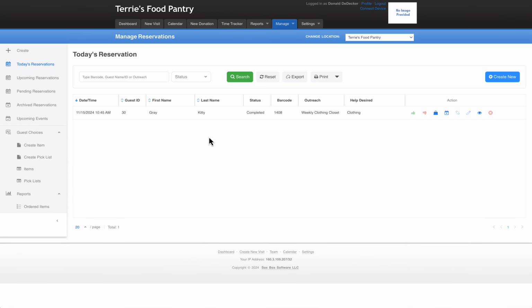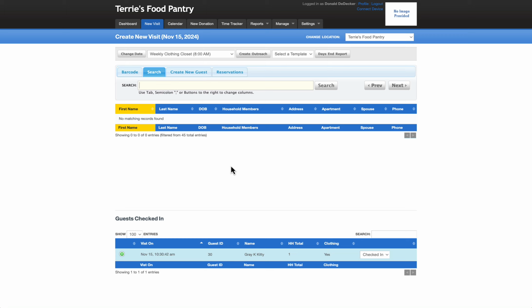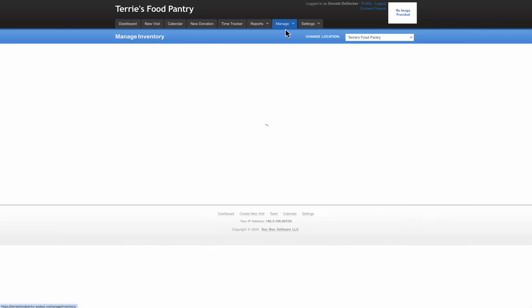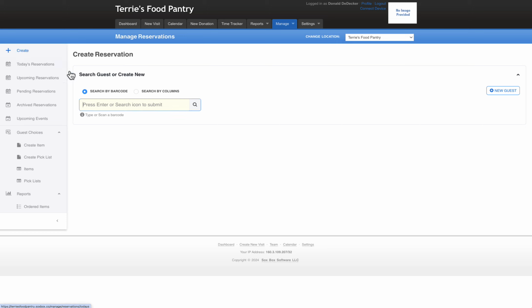You know, if you're the kind of agency that isn't going to use a portal, but you do just want to let people call in for an appointment, what you would likely do is go to the new visit process, right? You open this up, and then you could just pull them up here. Maybe you're more familiar with this, but pull them up here and then just use the green reservation button. Or you don't have to, you could just simply go to reservations, hit create, do the same thing,